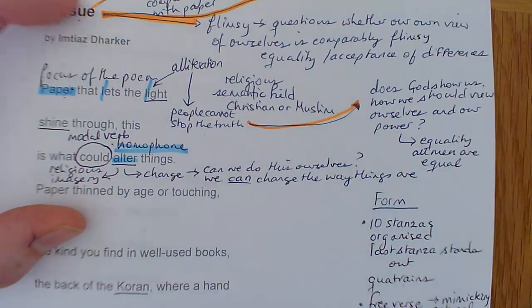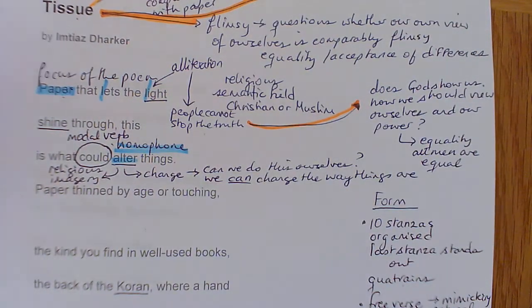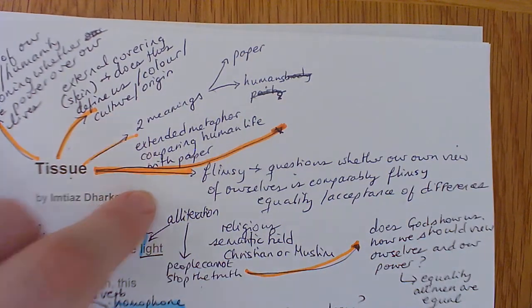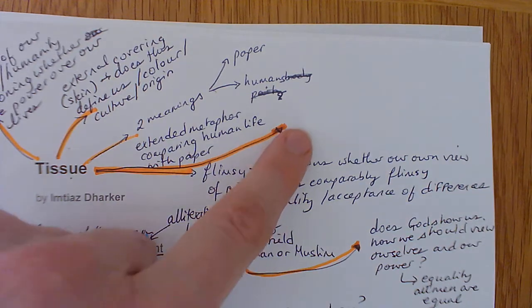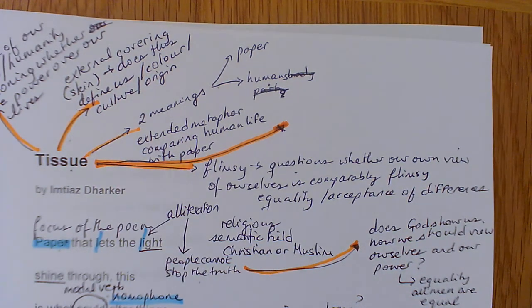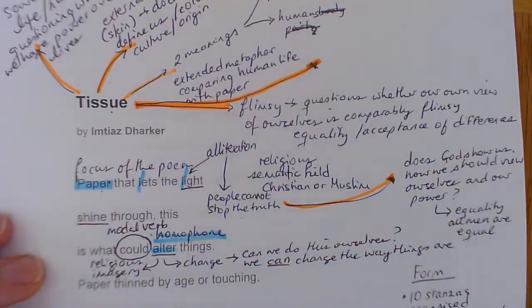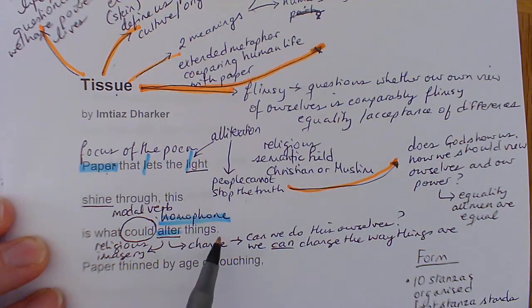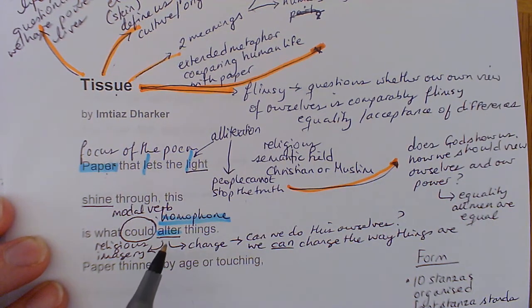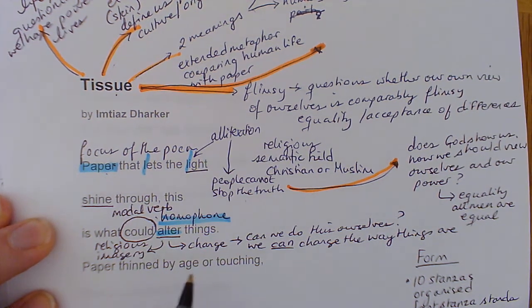our point about the end of the poem. So I'm getting ready. Look at that. Arrow, arrow, arrow, arrow. And I've got one more arrow here to bring in my point about the end of the poem. So let's nip, now that we've started the beginning. Darker is the poet, seems to be suggesting that people have power to alter things. We can, if we want to, change things. And we're using the modal verb to suggest that we can, but we don't have to.